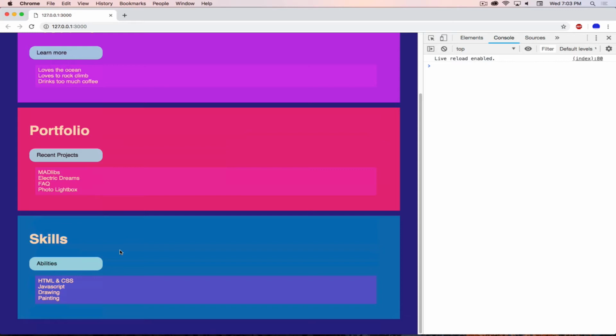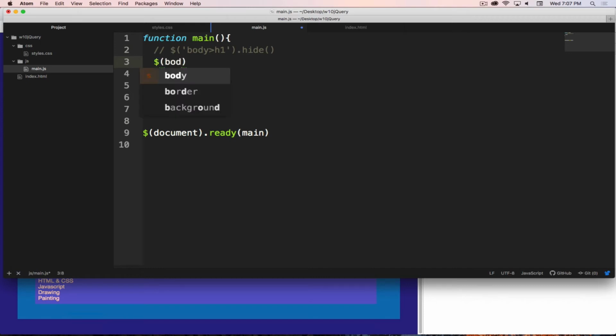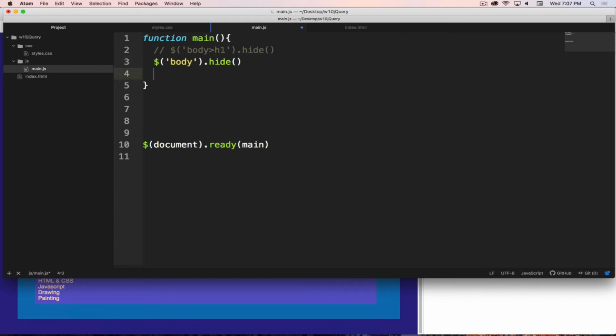We still want them to hopefully be able to see the content on our page. What I'm going to do is do something a little bit different. This time I am going to access the body. Now you will notice I am putting it in single quotes. I could use double quotes here because JavaScript in most cases does not really care. And I'm going to tell the body to hide itself. And then I am going to,